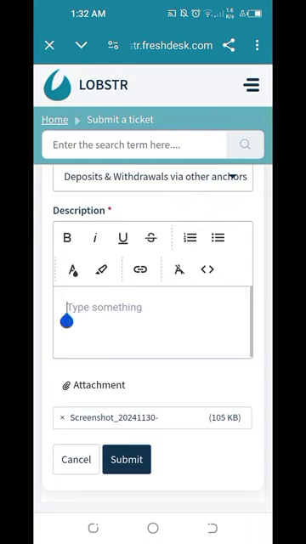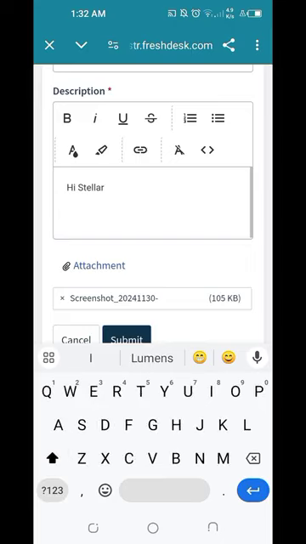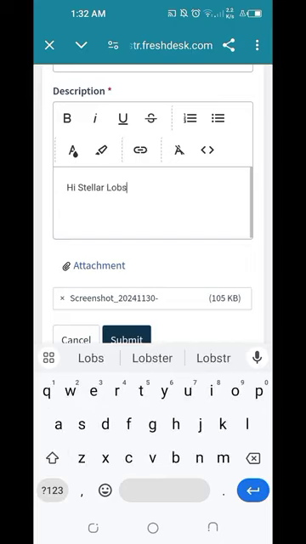I included the attachment on this ticket, and then wrote my question on which Bitcoin asset I can add on the Lobster wallet, which is pegged in a 1:1 ratio with the native Bitcoin asset.